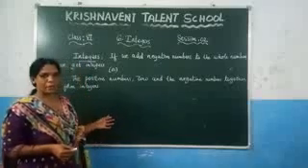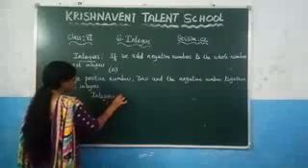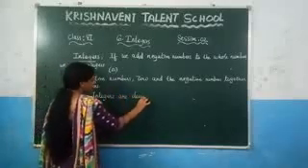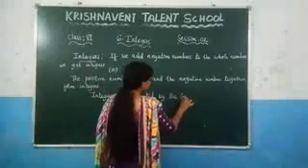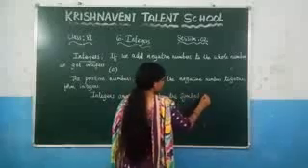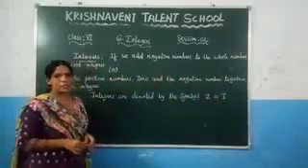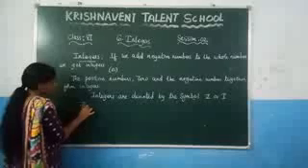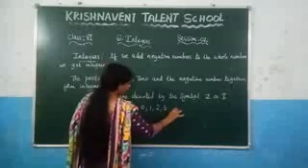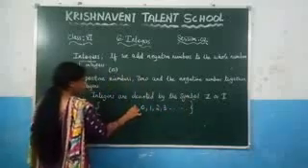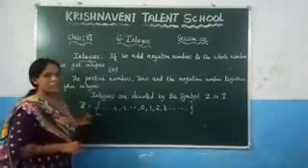by the symbol capital Z or I. So writing here, integers are denoted by the symbol capital Z or capital I. In any of the ways you can denote the integers. So you can write the integers set as: you know that 0 in the middle, 1, 2, 3 and so on. And similarly to the left side you will get the negative numbers like this. Like this you can represent the integer set.